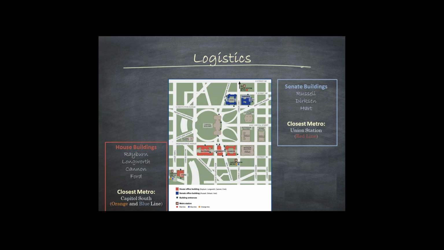On the House side, which is in red on the bottom side of the map, you have 3 main offices. You have Rayburn, Longworth, and Cannon. There is an additional office in Ford, but you're not often going to have meetings there. It's kind of extra space for staffers. And then the closest metro stop is going to be Capitol South. But no matter where you're